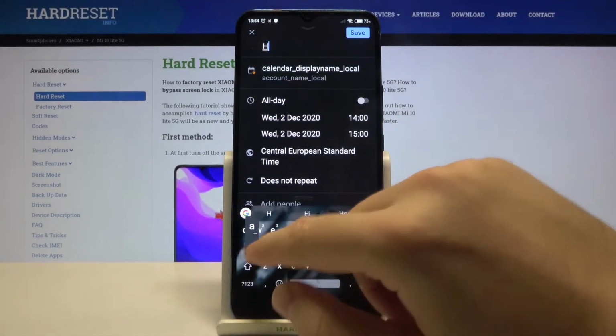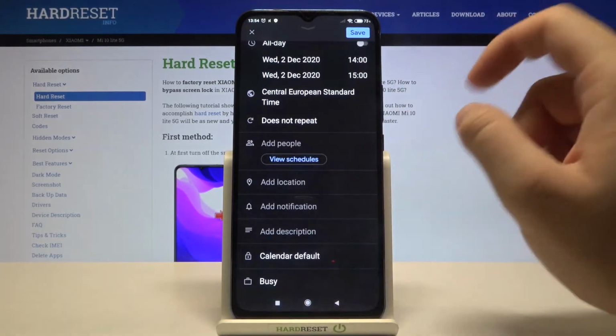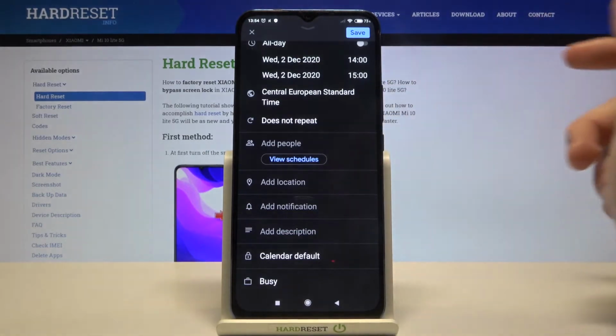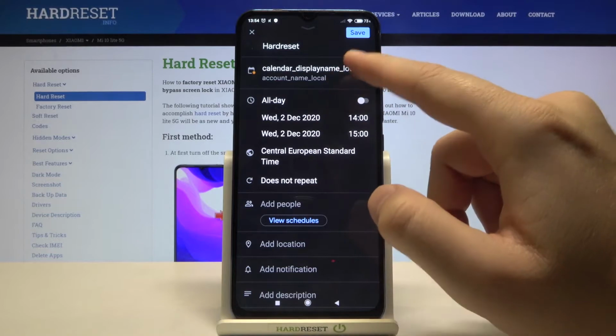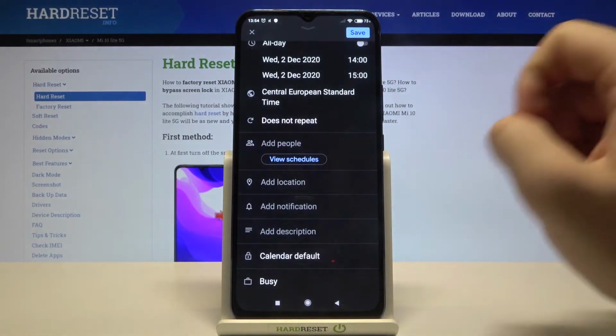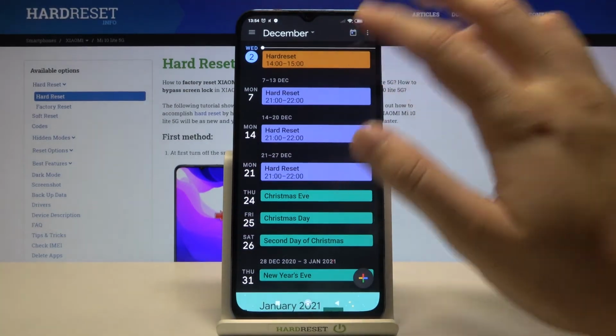At first we can add the title, and also we can add other things like location, notification, we can add the description, we can change the time zone, so there's a lot of things that we can customize. Click save in the right upper corner, and as you can see, here we got our